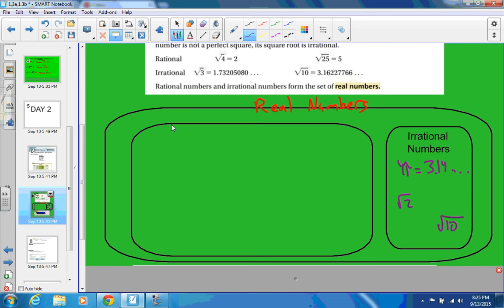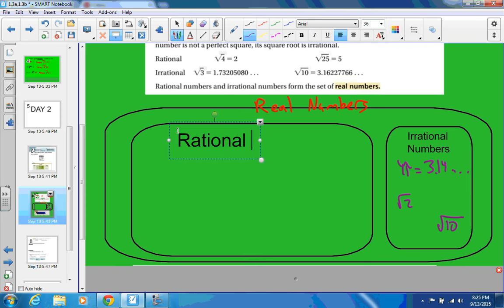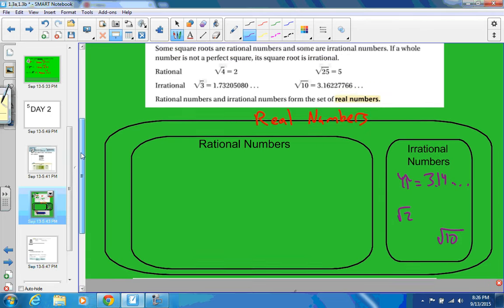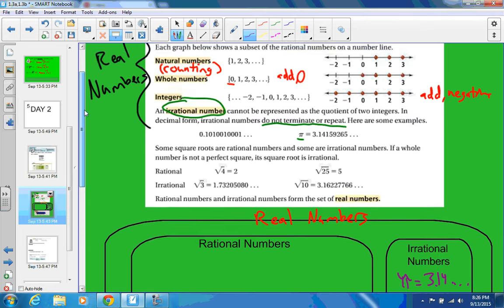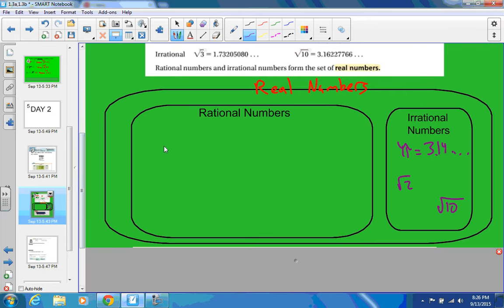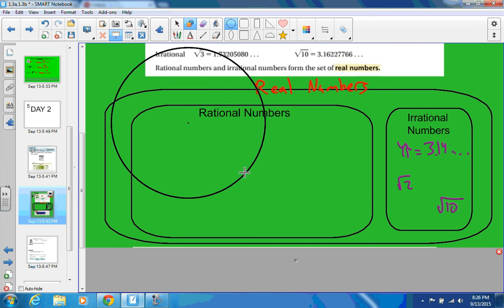Now in here, we're going to have the box of rational numbers. There's a lot of different things that can go into rational numbers. Some of the basic rational numbers that we're talking about are anything that would work as fractions. Actually, there's other things that go into rational numbers as well. We have integers, whole numbers, and natural numbers. So I'm going to make some more boxes here. Inside of rational numbers, we have,